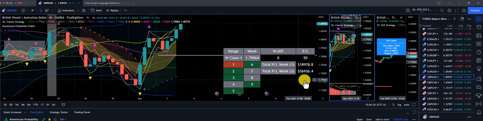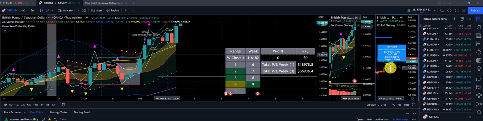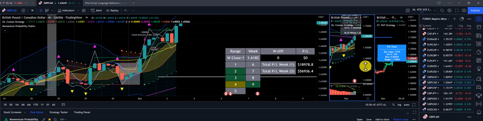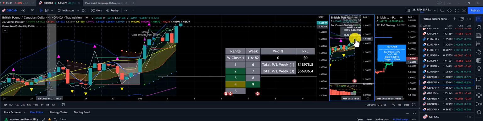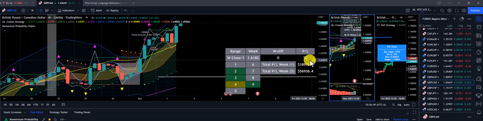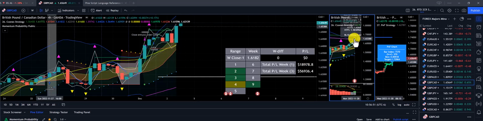And we're not trading it next week. British pound Canadian dollar, we have a price target of 1.73964 to the upside. Price action above the dragon, and now right up against the Z3. We didn't trade it this week, and since it's above the Z3 on the higher time frame, we're not trading